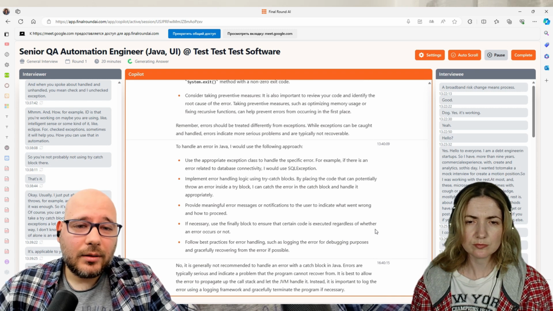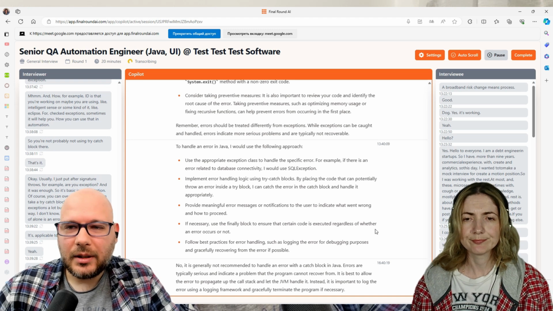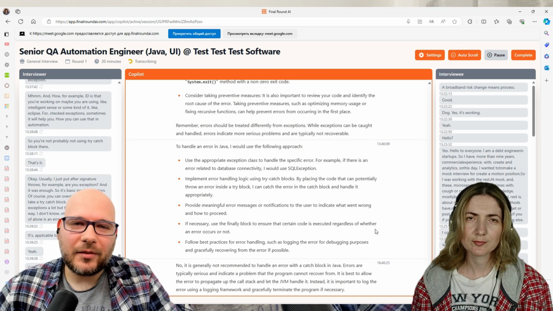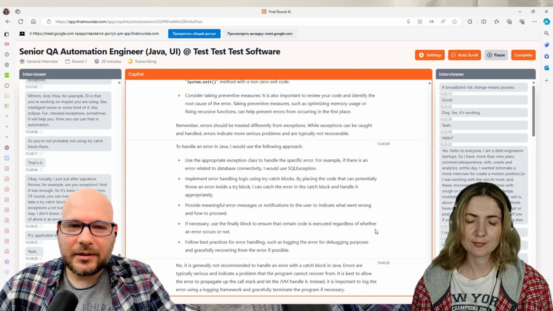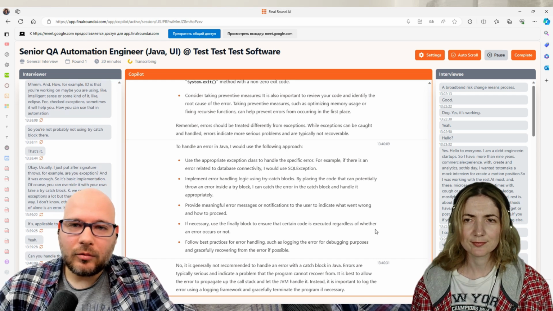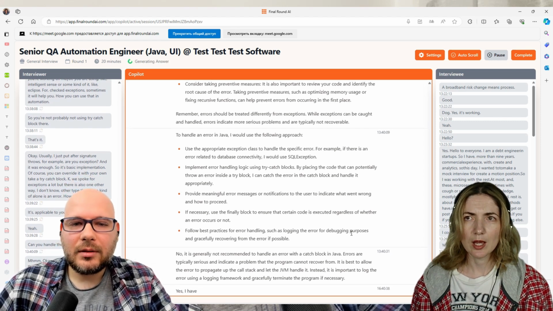Okay, so let's move on to other things. Except for the exception hierarchy, we have hierarchies of other things in Java, for example, collections. Did you work with collections? Do you know the hierarchy of collections? Maybe some implementations of them?